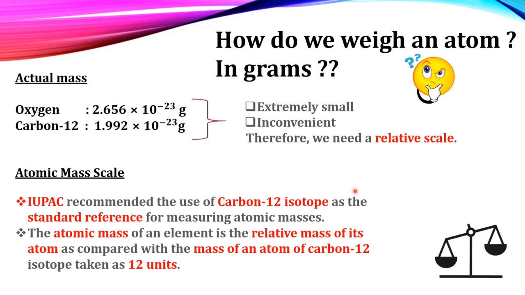Okay, so when I was speaking about the relative scale, I mentioned that we need a standard reference, and using that we are going to give the values of weights to the remaining elements. So here our standard reference will be an atom of carbon 12 isotope. So we are fixing its value as 12 units. The mass of an atom of carbon 12 isotope, we are taking it as 12 units. So with respect to that, we'll be giving the weights to the remaining elements.